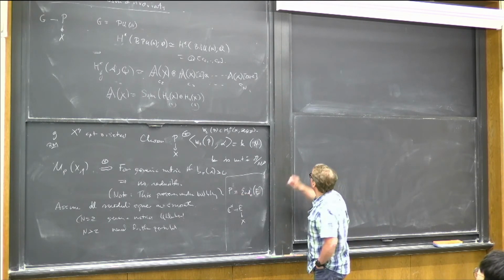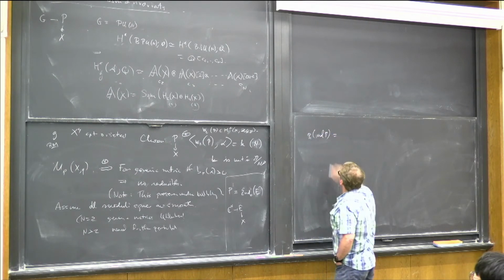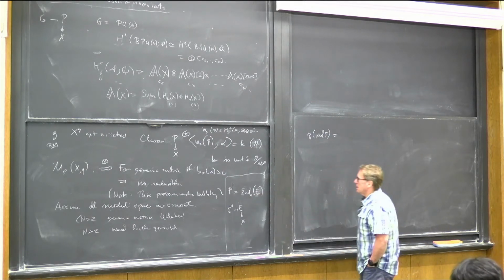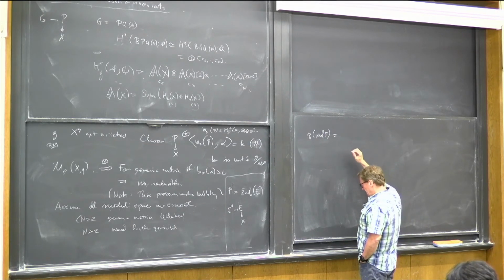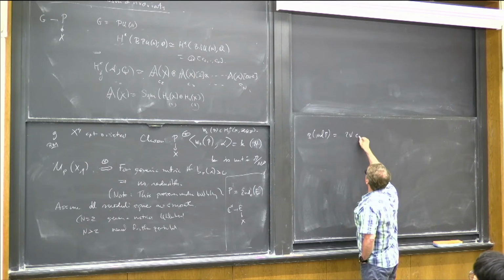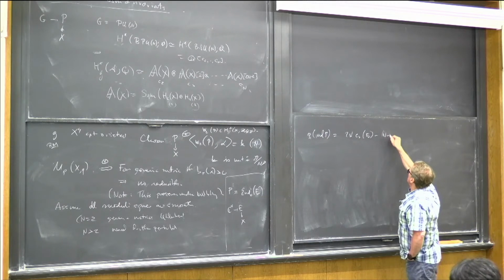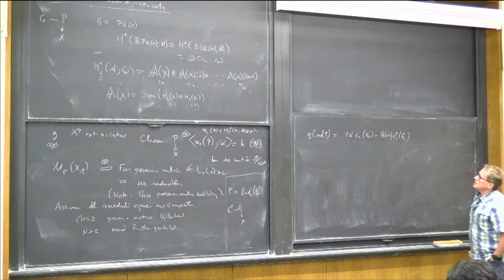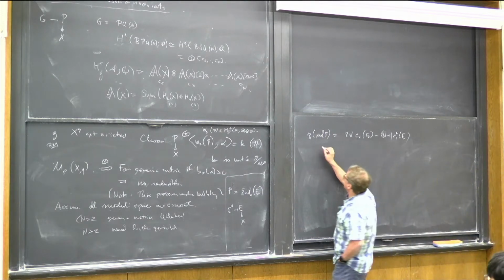Then the characteristic class that we care about, p1 of ad P, in terms of the characteristic classes of E, it's 2n times c2 of E minus (n minus 1) c1 squared of E. So, so the dimension formula,